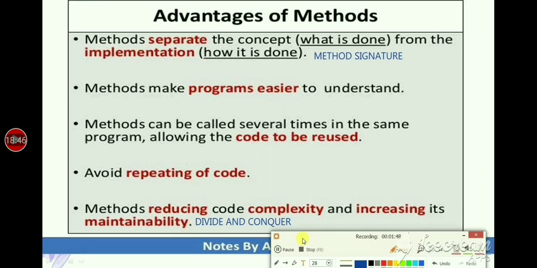It means to take a complex task and divide it into smaller, more easily understood tasks. So these 5 points are very important. These are all advantages of methods.